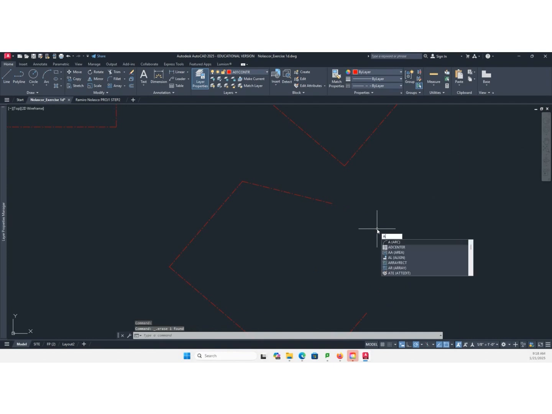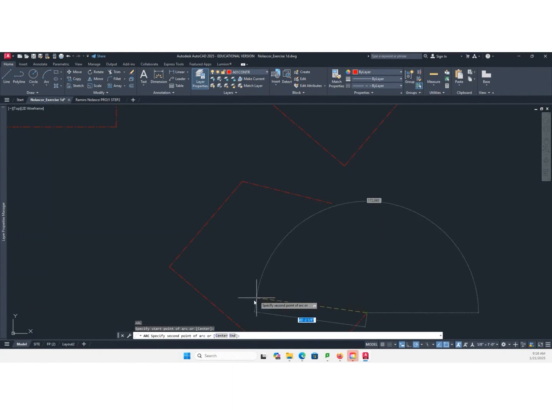So arc A, start. So here it says start. Now it's saying second point. I did not click end. It's asking, what's your second point? That's not my second point. That's why my arc went that way. I should say end. So that's the end.